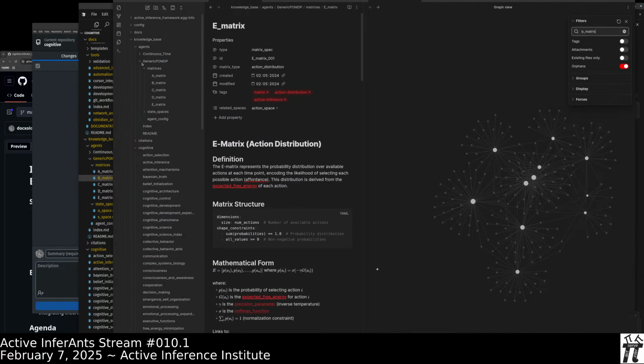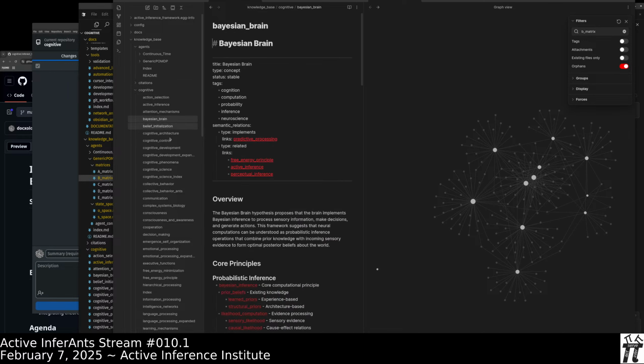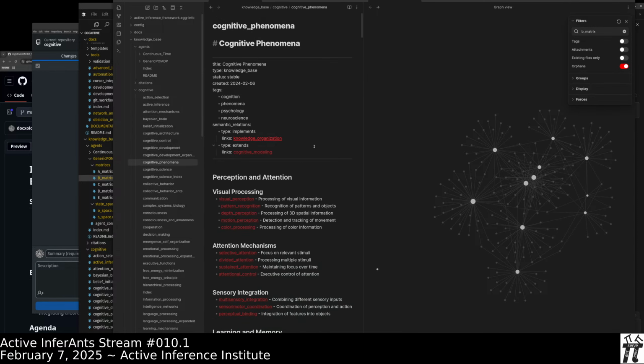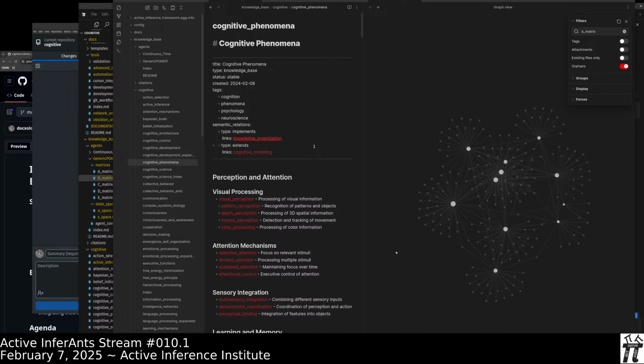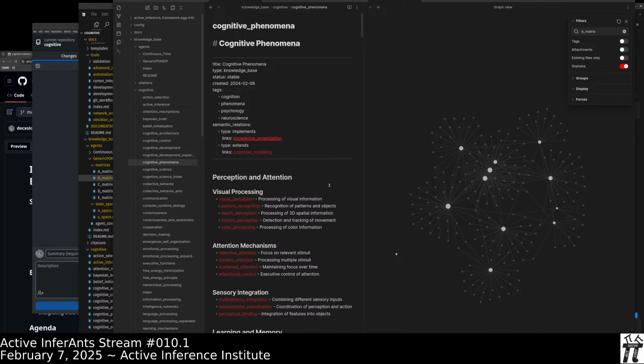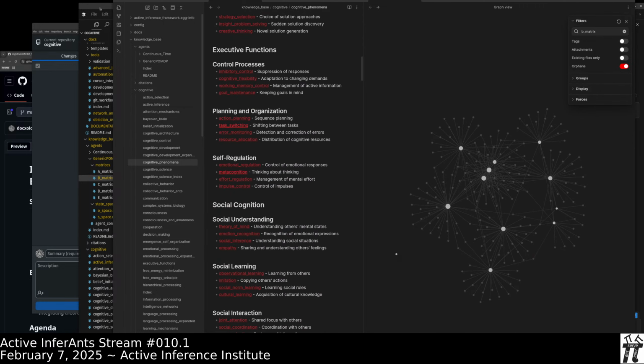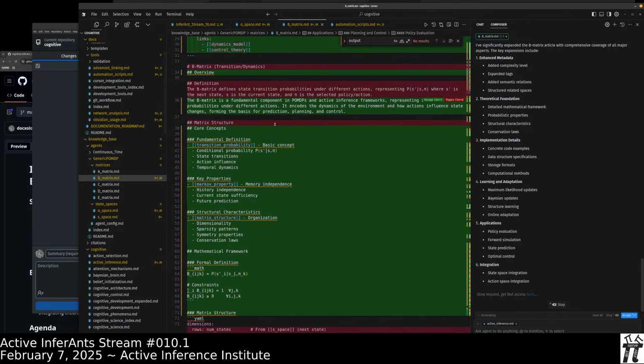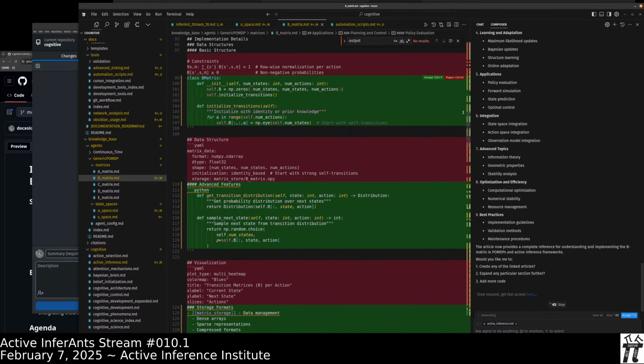So that's the POMDP. We also have continuous time agent that we'll get to. Citations, again, there's none at this point. Cognitive: there's a variety of cognitive mechanisms or cognitive phenomena. This is very similar to the work we did in the Atlas project at CogSec related to pattern languages for cognitive phenomena. So here's the improved extended article on the B matrix.